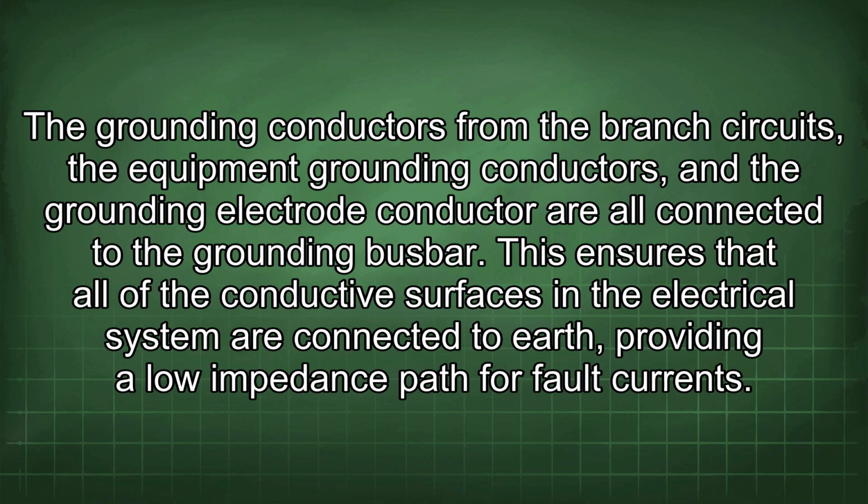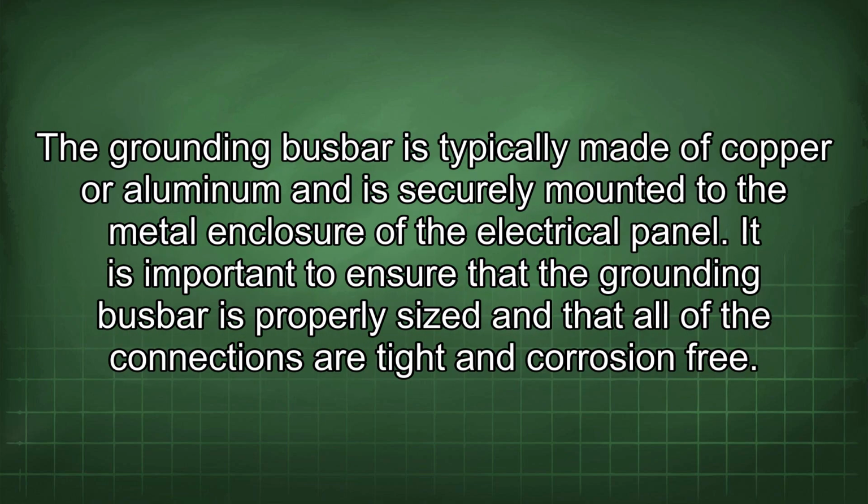The grounding conductors from the branch circuits, the equipment grounding conductors, and the grounding electrode conductor are all connected to the grounding busbar. This ensures that all of the conductive surfaces in the electrical system are connected to earth, providing a low impedance path for fault currents. The grounding busbar is typically made of copper or aluminum and is securely mounted to the metal enclosure of the